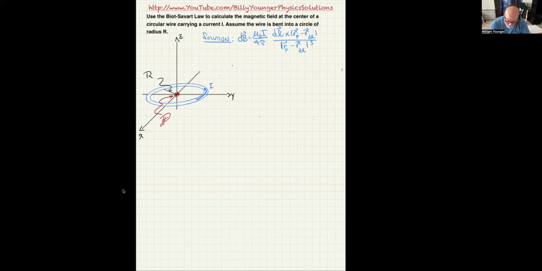To do this, for starters, I have to choose a section of the wire, and I'm going to call that segment DL. I'm going to make it a vector by pointing it in the direction of the current, which is counterclockwise as seen from above the positive z-axis. Now I'm going to take the color green and draw a vector, and this vector is going to be RDL. I'm going to draw the vector RDL